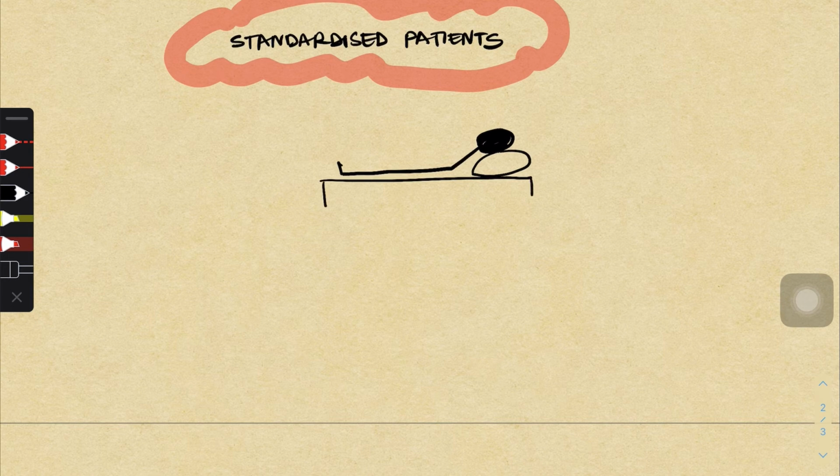OSCEs actually evolved as a direct or indirect complaint against long cases. Because if you remember, in a long case, a student comes and clerks the patient, takes the history, examines, and this is a real patient. This is an untrained, unstandardized patient. And one student comes, and then another student comes,